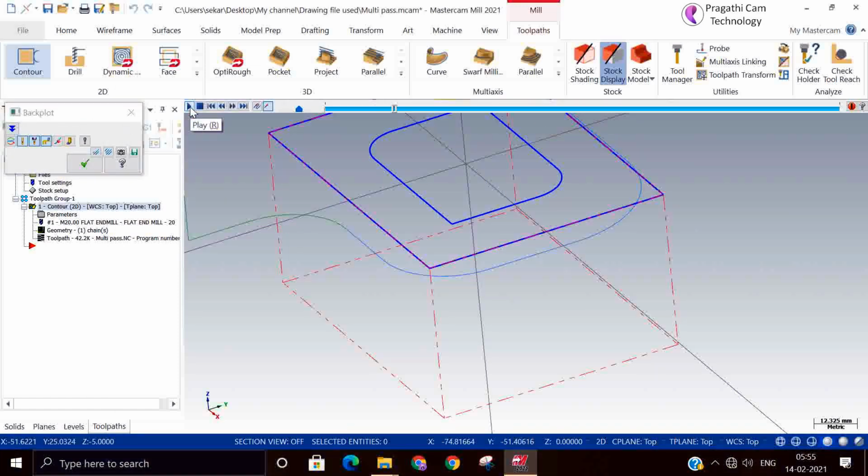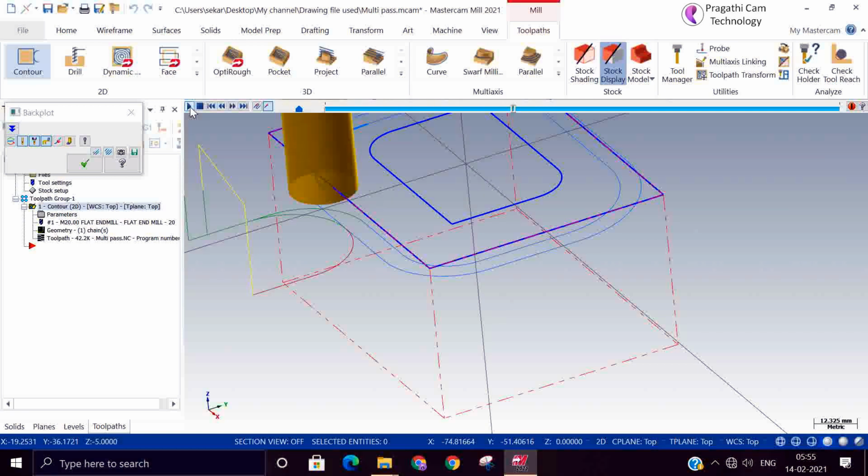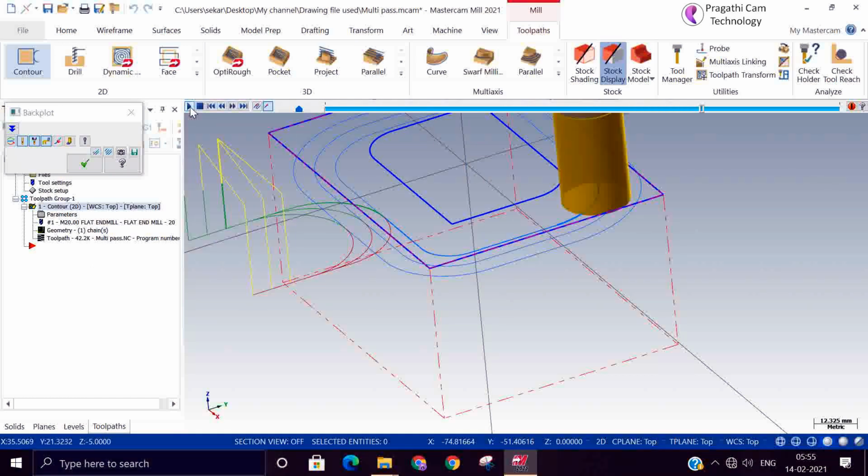So first pass and this is second pass and this is the third pass and this is the finish pass and next is the spring pass. A spring pass is the final finishing pass.